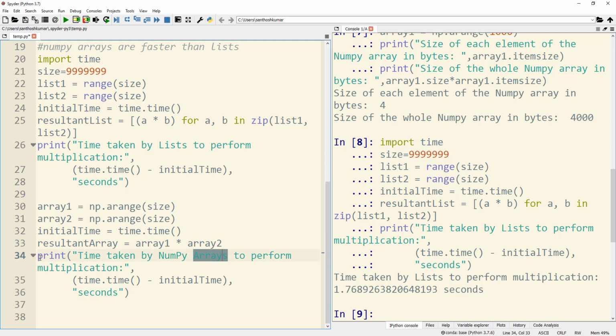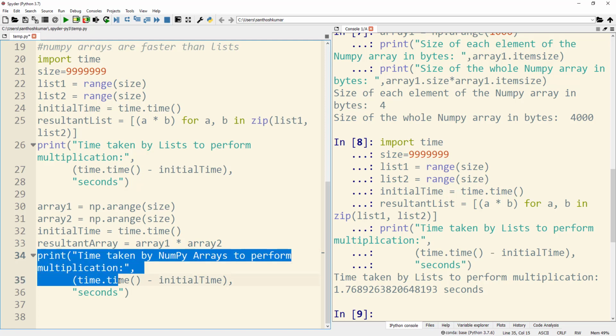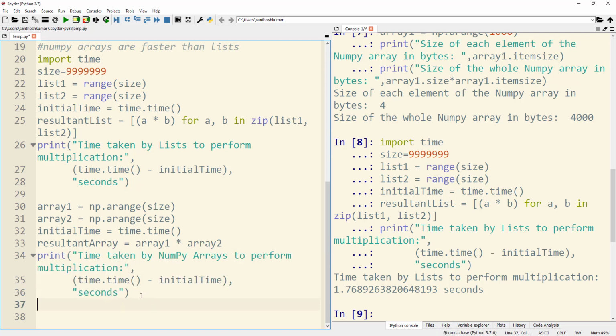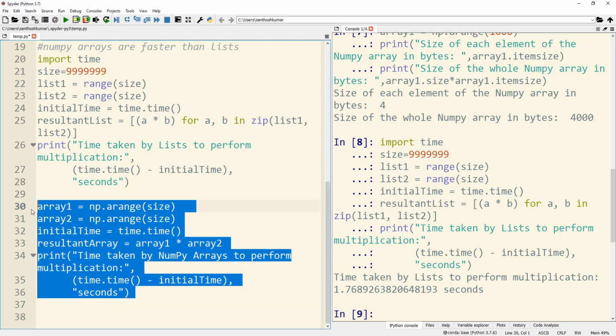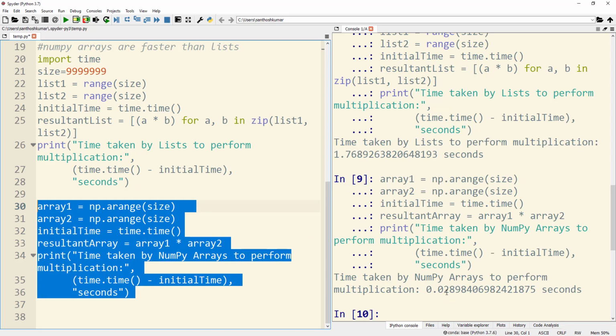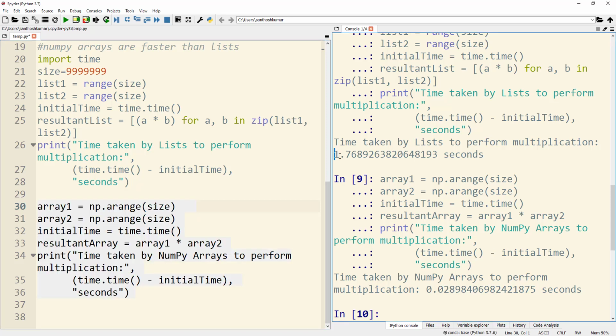In the next print statement I am displaying the time taken by the NumPy array to perform this multiplication. And when I run this block of code, you can see that it has only taken 0.02 seconds for the NumPy array multiplication, whereas for the same size lists the total time taken is 1.76 seconds.